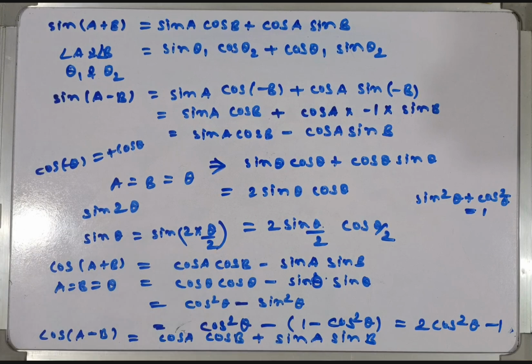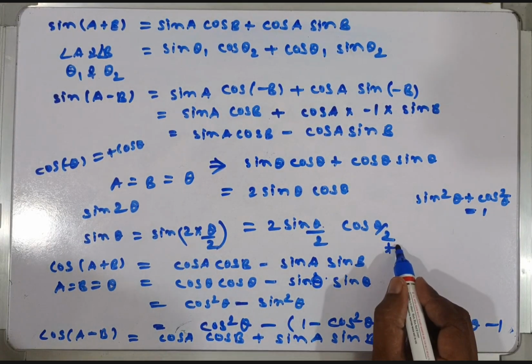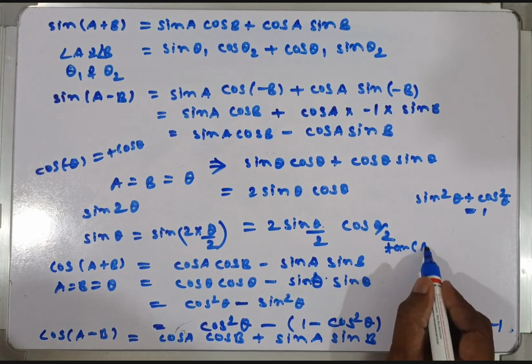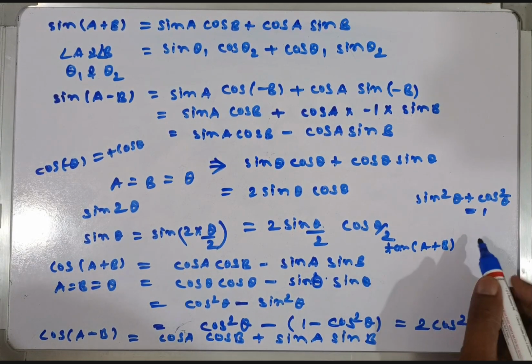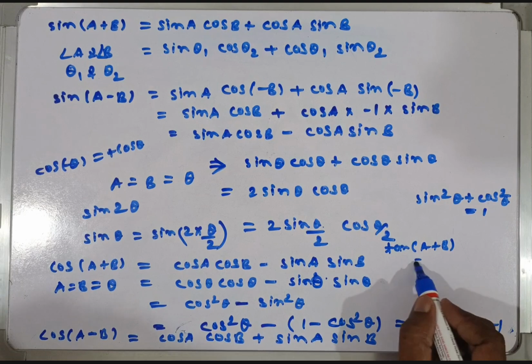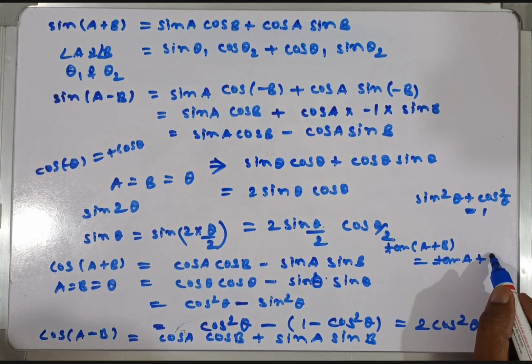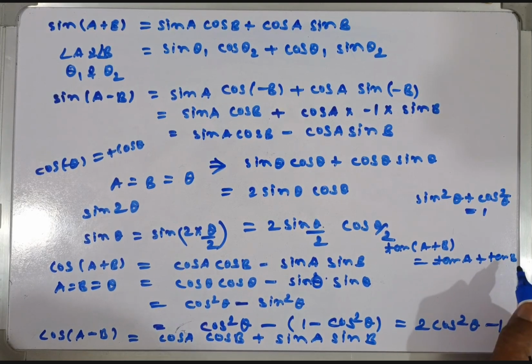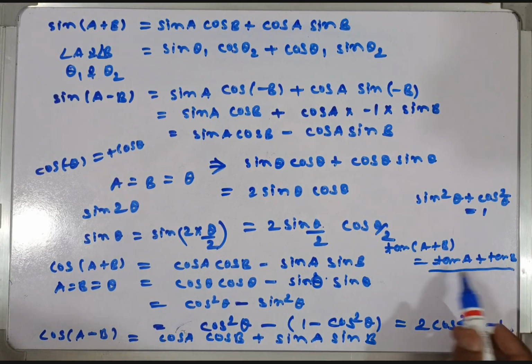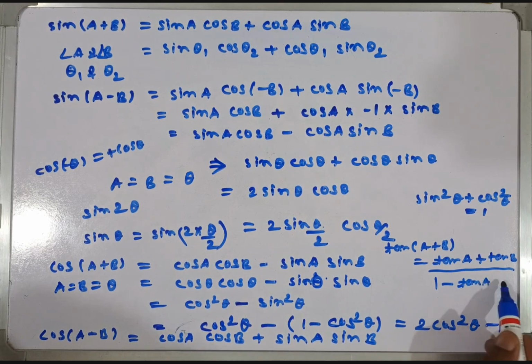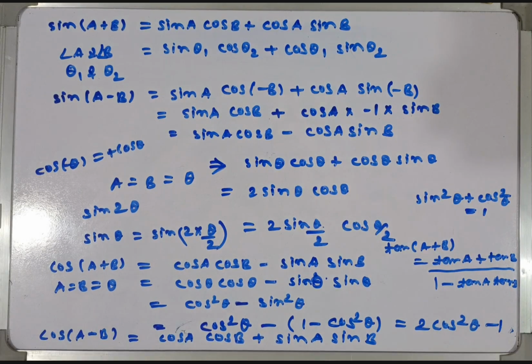Okay, now guys, next one is tan a plus b. Okay, so it will become tan a plus tan b and 1 minus tan a into tan b. Okay, so guys, next one is